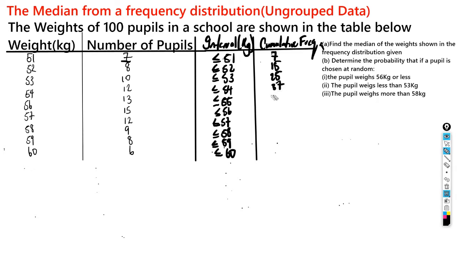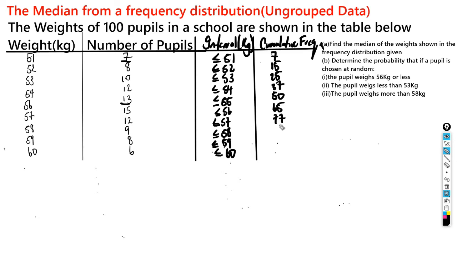Then the next one is 37 plus 13, which is 50. The next one is 50 plus 15, which is 65. Then the next one is 65 plus 12, which is 77. Then 77 plus